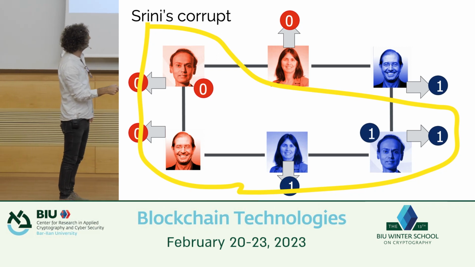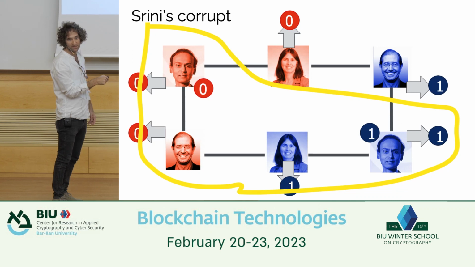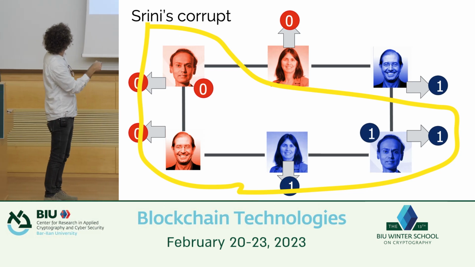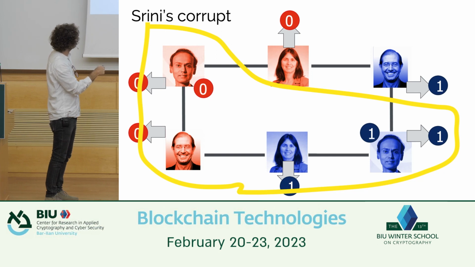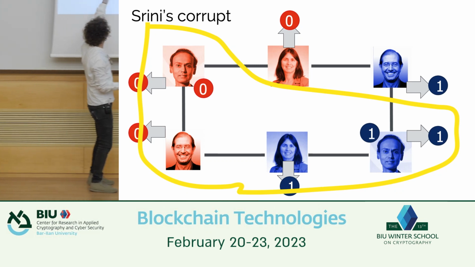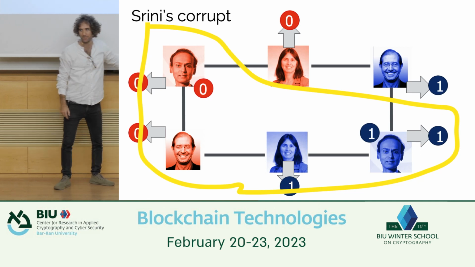By the same argument, looking here at Srini, Shafi, and Silvio, Srini and Shafi here are honest, but now talking to a confusing Silvio that's sending messages that are inconsistent. So by the same argument, she needs to output 1. Okay? But that means now that if we look at this execution of Silvio being honest, Shafi being honest, and Srini being malicious, that's one malicious guy, we've broken consistency because Silvio is outputting 0 and Shafi is outputting 1. Make sense?